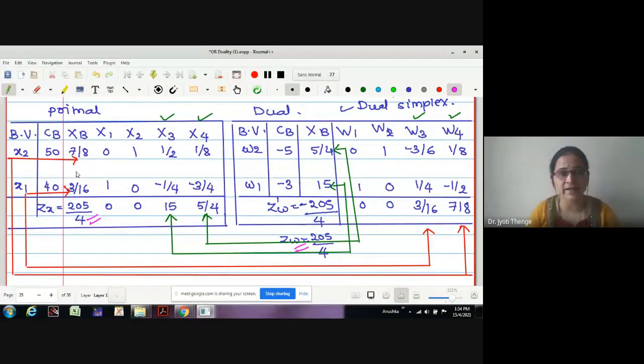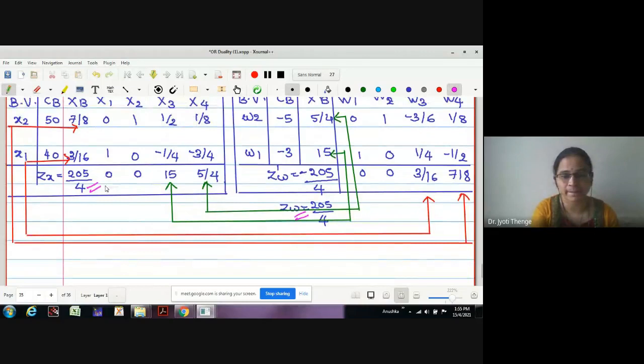That's why it was said that whenever a finite optimal solution to the primal exists, then there exists the same finite optimal solution for the dual and the reverse also. This is the relation between the solutions of the primal and dual problems. Any confusion in this? Let me write the rules on how to write the solutions. If you are not having a confusion, shall I go for the rules? Yes, sir.